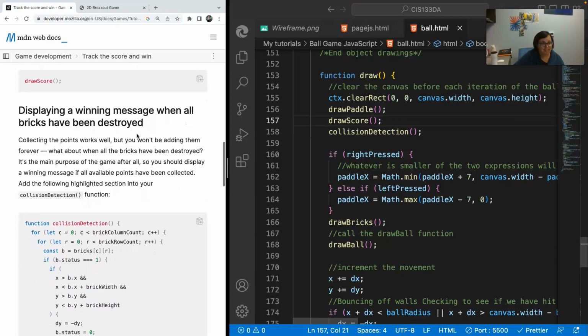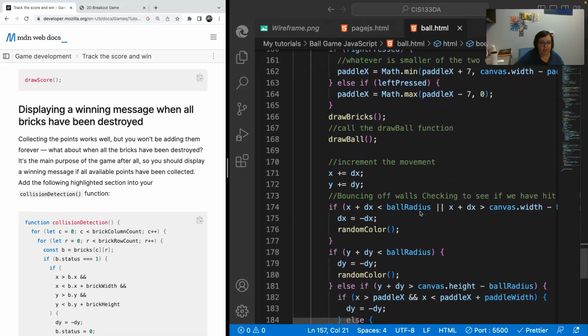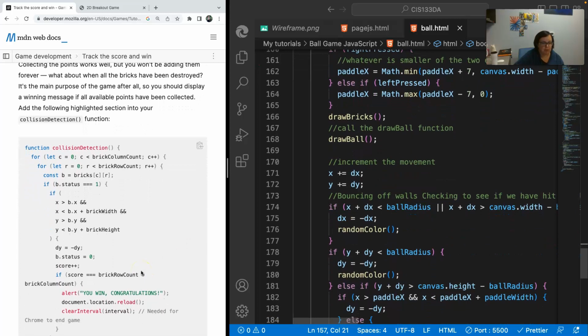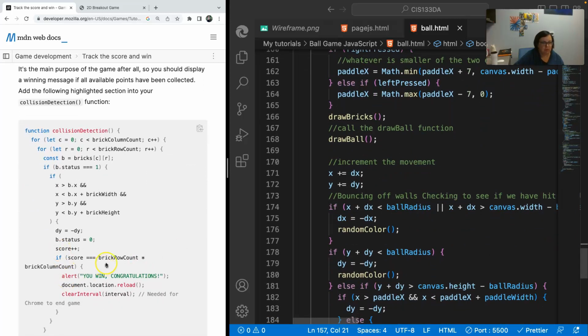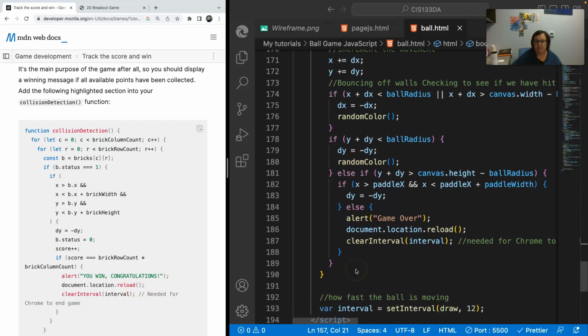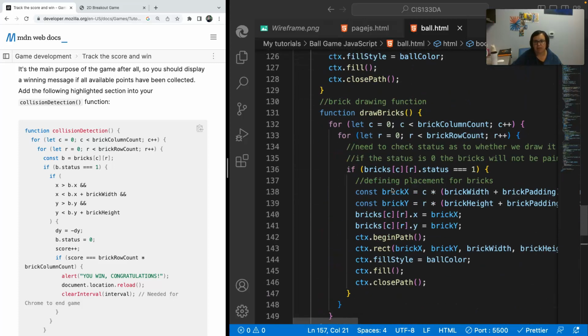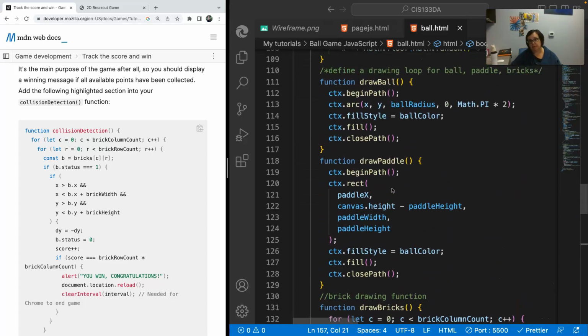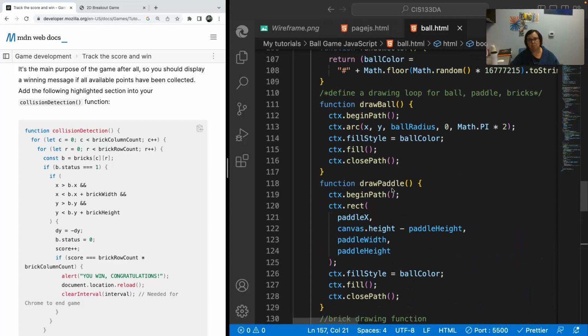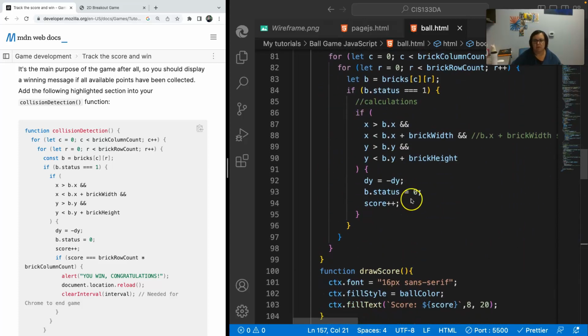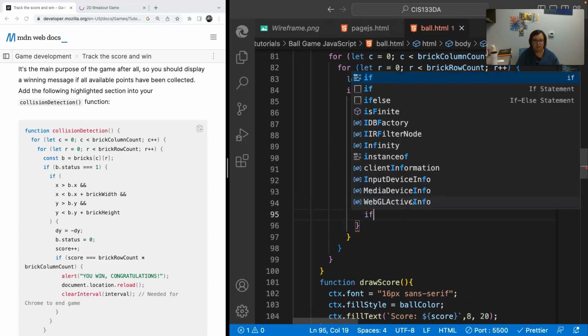So once we had game over, and now score plus plus, and then if the score equals the brick row count times the brick column count, then we're going to say the reload, the clear interval, all that good stuff. So the end of game thing that was down here, we're basically doing the same thing except we're putting it in the collision detection, because once the collision detection detects 0 more bricks, then we need to be done. Okay, so let's go up here, score plus plus, and then a new if statement,